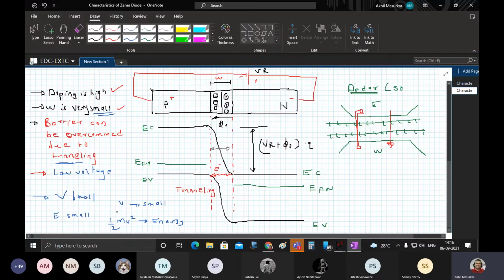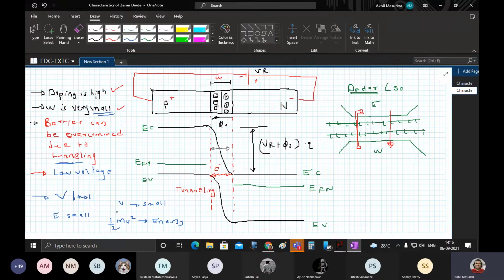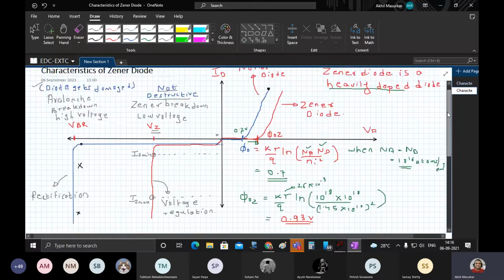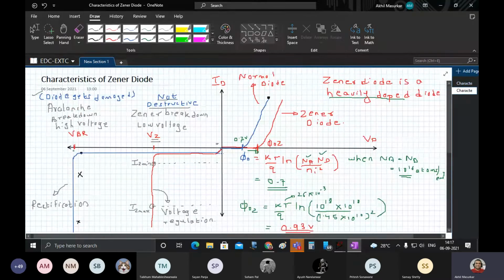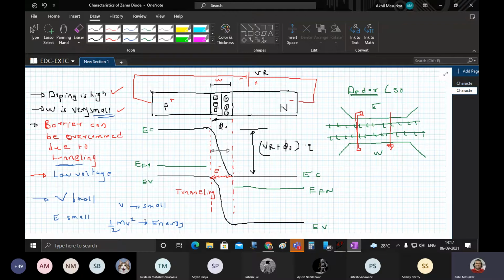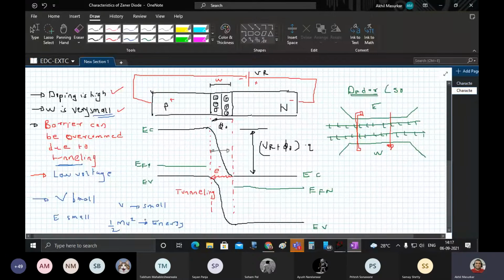That is the reason why I say that avalanche breakdown occurs at very high voltage. The voltage is very high, that means the electric field is very high. The electric field is high, then the velocity is high, and hence the kinetic energy is very high. So if the kinetic energy of the electrons is very high, it will knock out the lattice atoms of silicon inside the diode and will cause damage to the device. In short, we will say diode ud gaya, because it happens in a very small amount of time. So this is how it is.